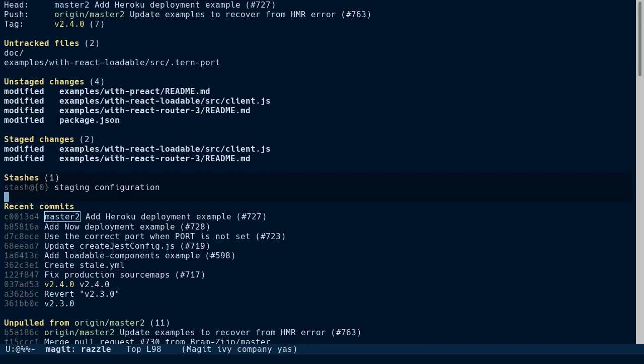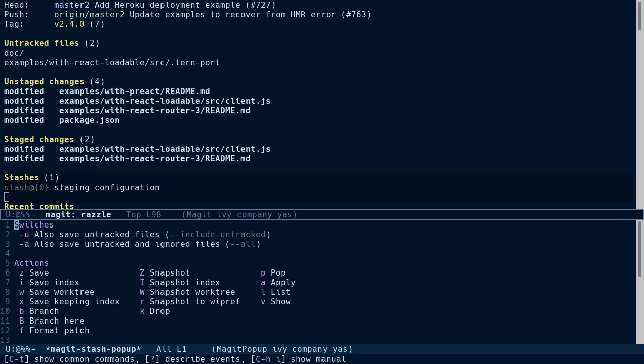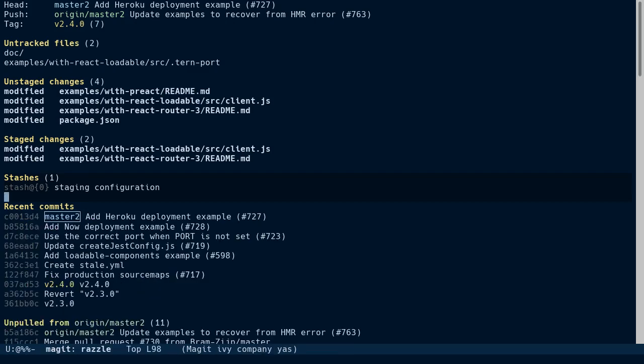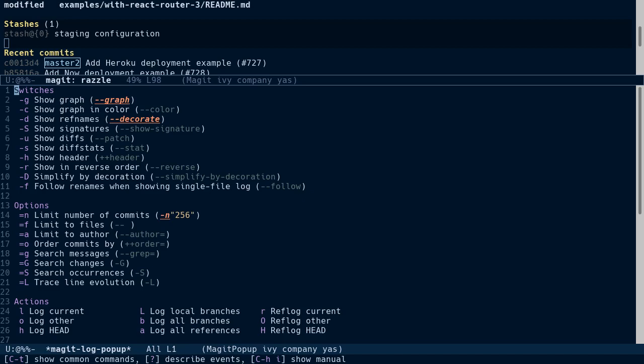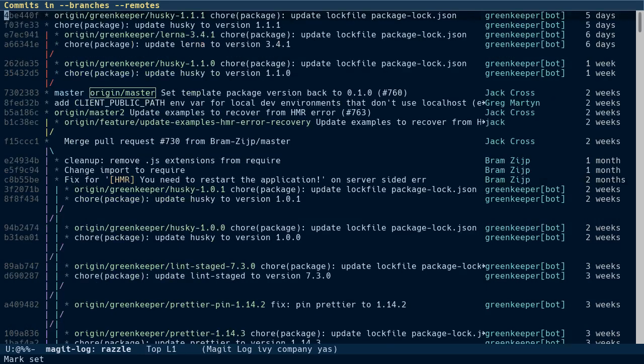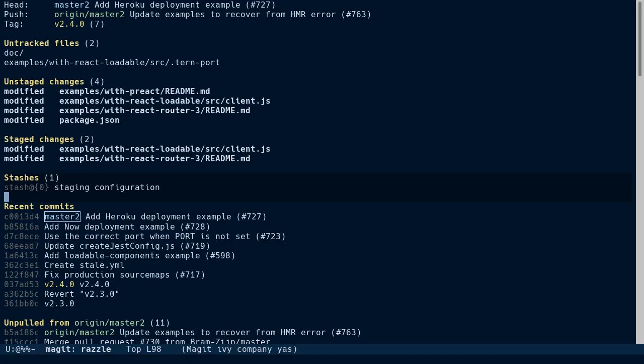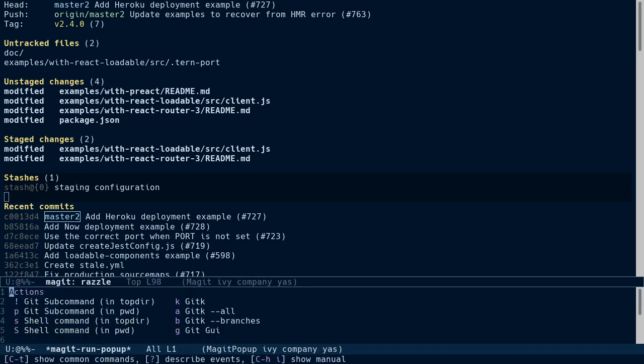But I mean, if you say Z, what were we doing? Log, yeah, L. See that show graph? If you press enter, that switches on. So you can edit your switches here. You can save those too to your config. And save these options to your switch so that anytime you open a log, it'll always do that. So if I do log all branches, it should have a nice graph. But you also have Gitk and Git GUI too, so I don't ever use that, but